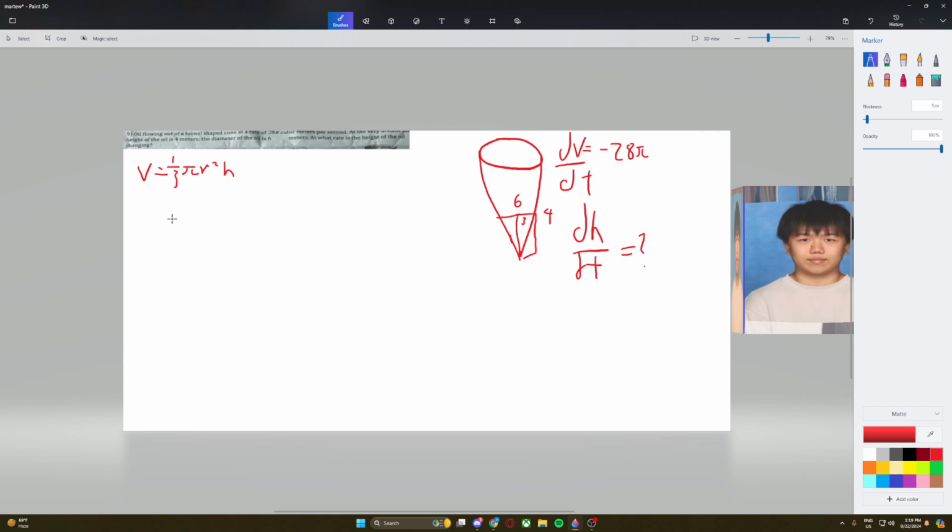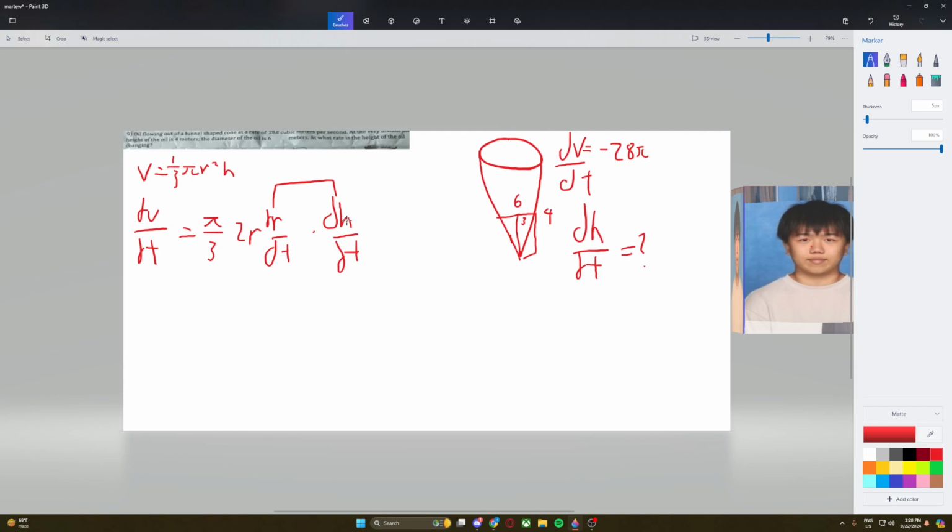And to get the derivative, it would be dV over dt equals pi times 3 times 2r dr/dt times dh/dt. We do not know two of these,